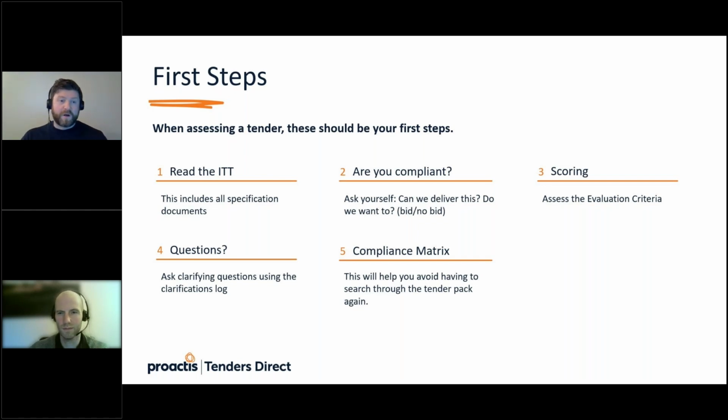So moving on, are we compliant? Is this something that you can compliantly bid for? Some tender opportunities have minimum turnover thresholds. Some have insurance requirements of a certain value, 2 million, 5 million, 10 million pounds. Some might be in an area that you're just not interested in working in, or you can't get teams to, or don't have an established supply chain in. So again, find this information out and it will lead you to the decision of, is this for us or not?